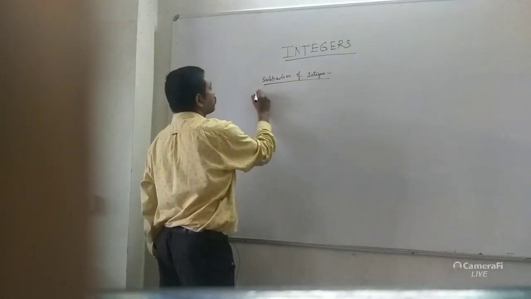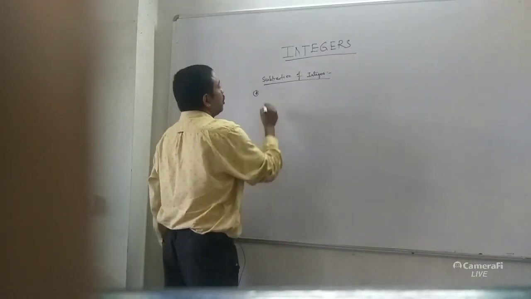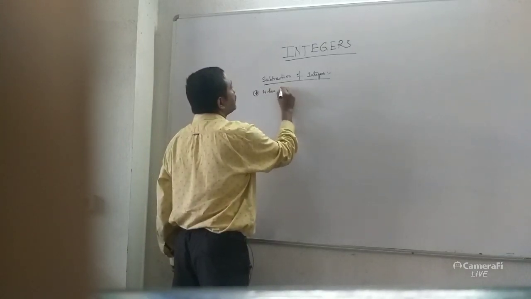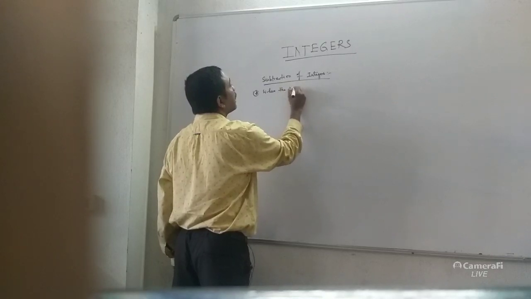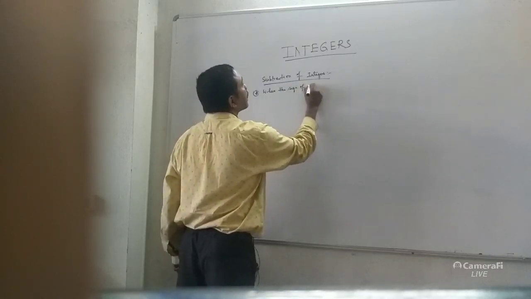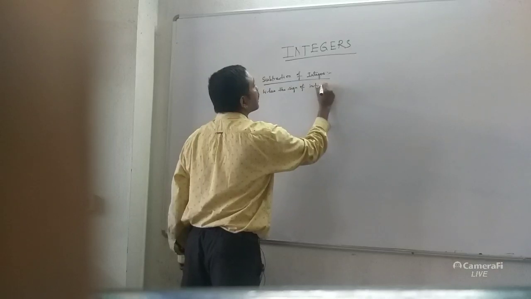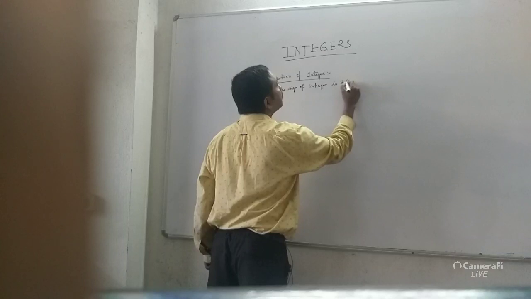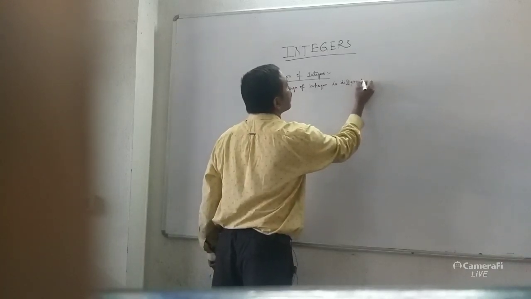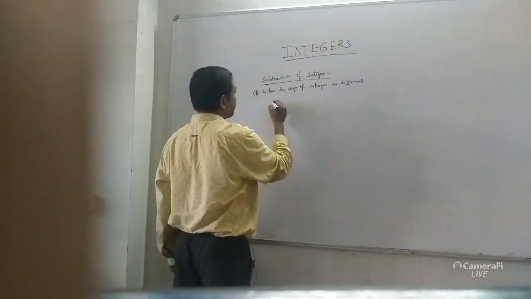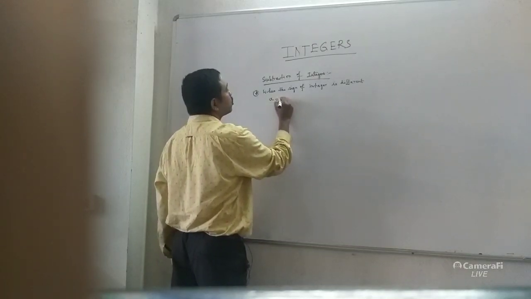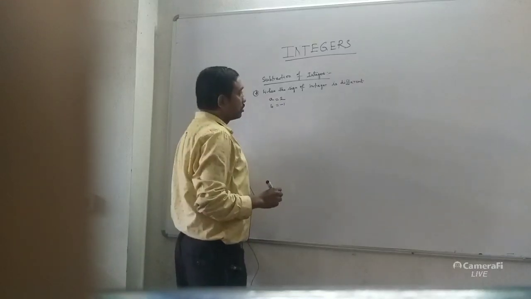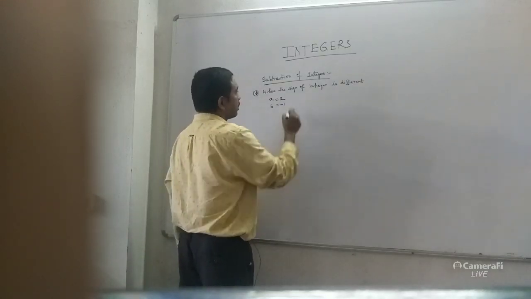So whenever you subtract two values and the sign of the integers is different, different means opposite sign, there may be confusion. How? Look at this. Suppose A equals 2 and B equals minus 1. If you subtract, then how do you solve it?